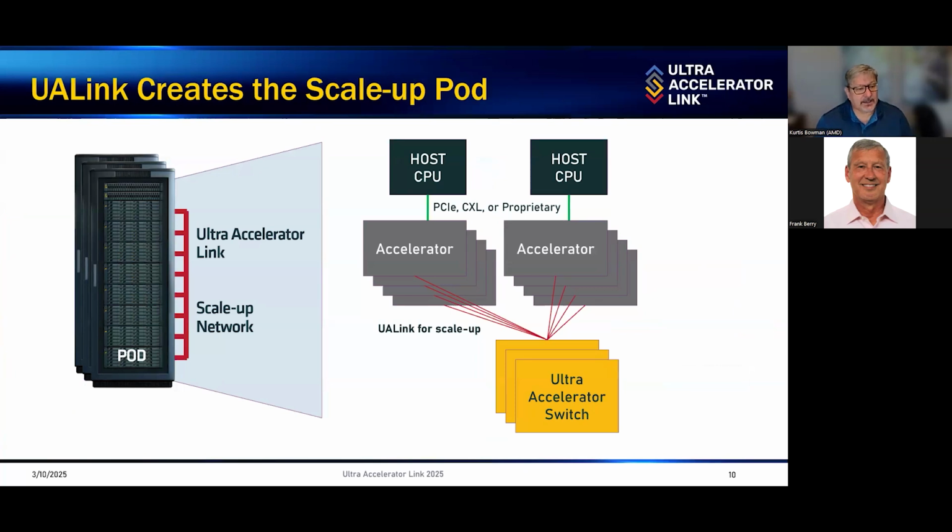What this looks like in a data center is, here we're showing 3 racks connected by Ultra Accelerator Link. And again, you've got your multiple hosts, but all your accelerators connect to all the switches. And what that allows you to do then is have a single layer of switch, so you have minimal latency between those accelerators. And you have this great bandwidth, but because you're going through multiple switches, you can increase that bandwidth between all of the devices that are connected. And what that means is that you don't see the bottlenecks that you might see if you're trying to cram too much stuff through a single switch.